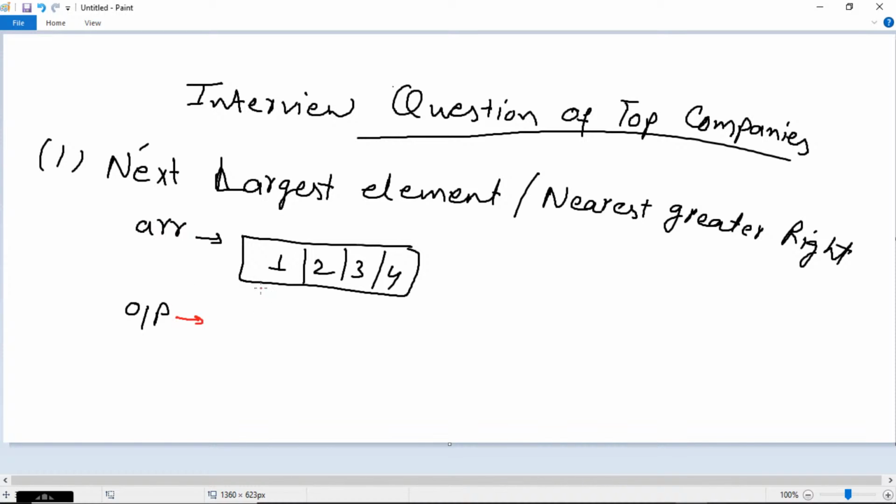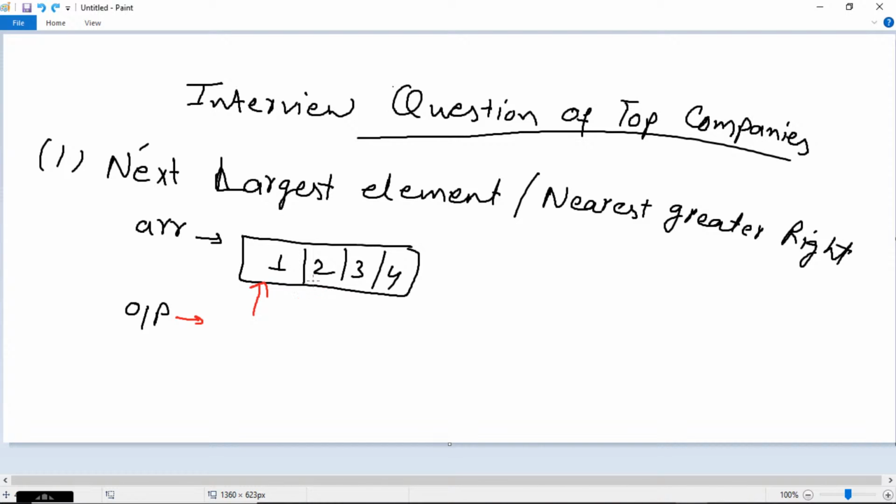If I talk about the 1, then I will see all the elements that are to the right of the 1, and the element that is near to 1, like the value that is greater than 1 or near to 1. So you can say here 2,